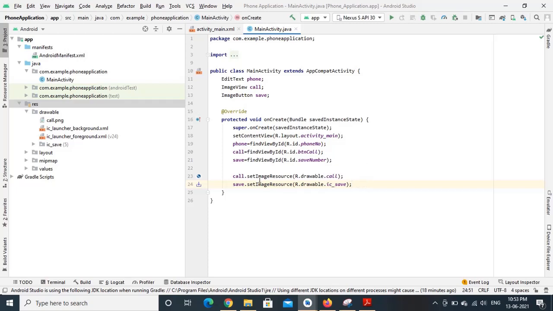Now what we need to do for whenever the user click on call button or the save button image.